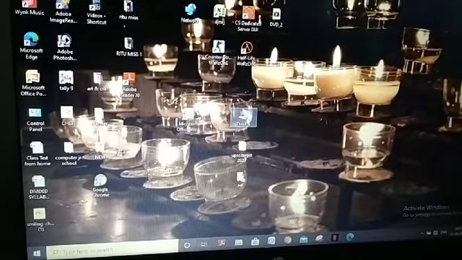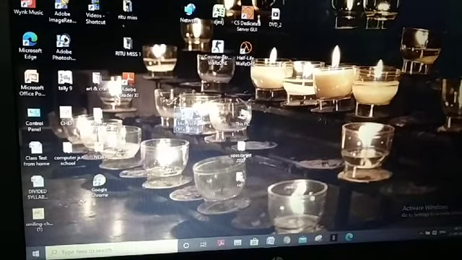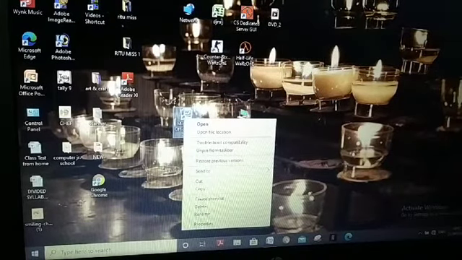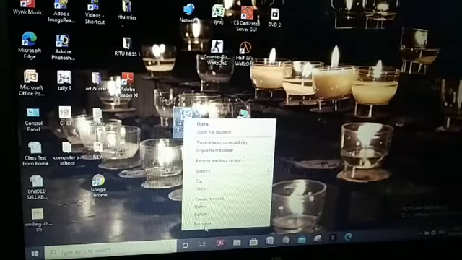When I select an icon and right click, it shows open file location, send to, cut, copy, paste, delete, rename, and properties. This is the shortcut menu of an icon.